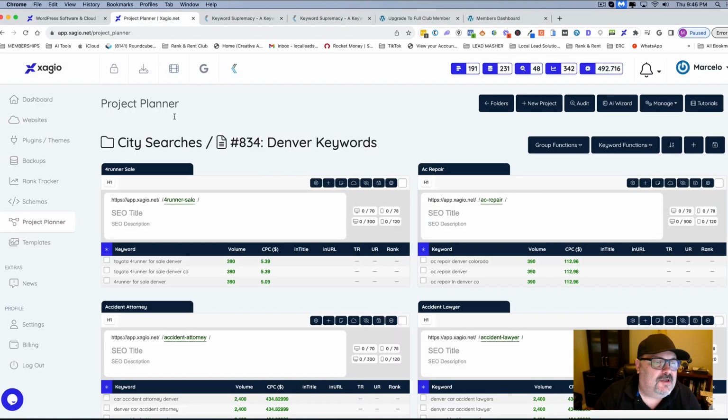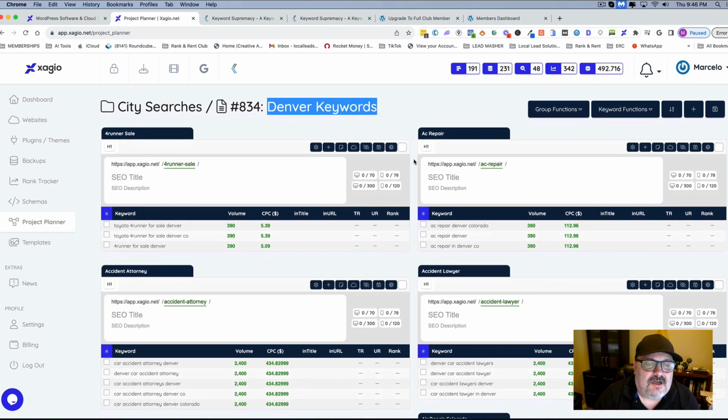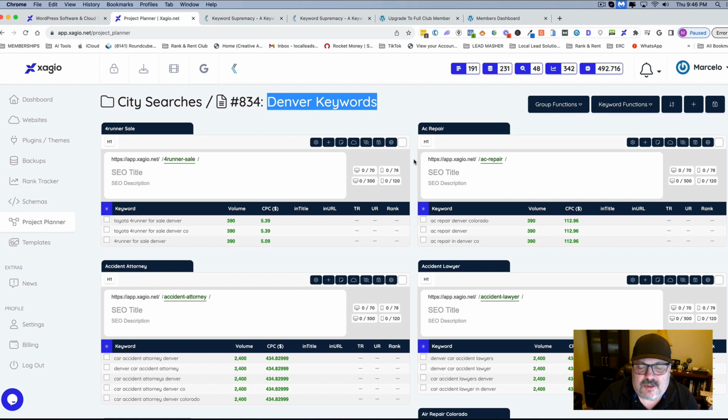So if you go into here, what I'm going to do is go look for a city. This is where I went into Denver keywords. I picked up the Denver keyword and gave it a search volume to look at. Then I was able to get like 1,000 keywords in basically the local market in Denver, right? But you get like 1,000 keywords that have no meaning to each other.